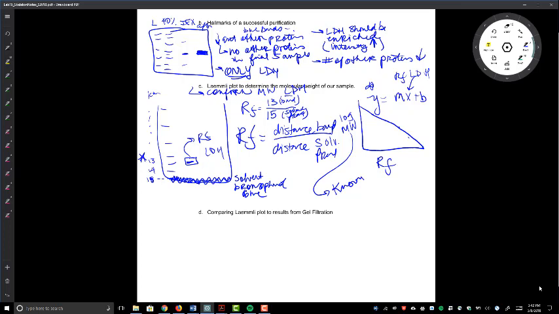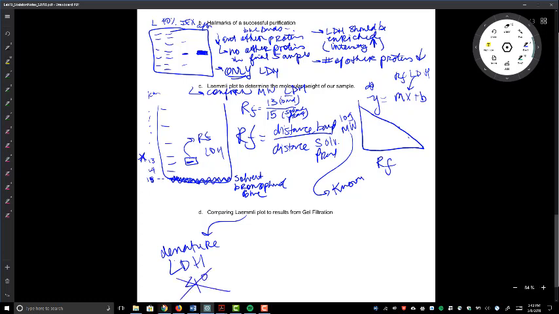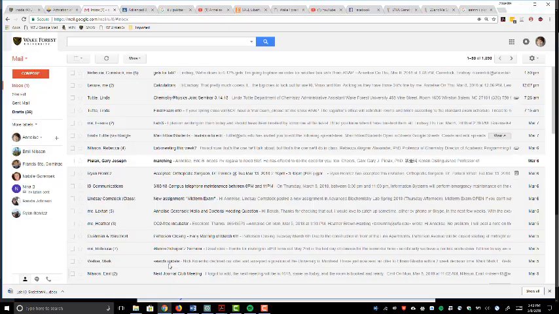So things to keep in mind when you're comparing the results for the molecular weight that you get from your Laemmli plot versus the results that you got from gel filtration. Remember, with the Laemmli plot, we are looking at a gel where LDH is denatured, which means we're not going to be taking quaternary structure into account. Whereas for,